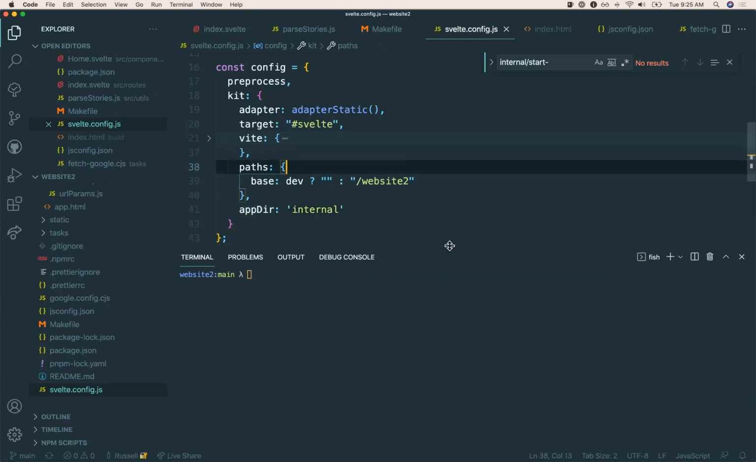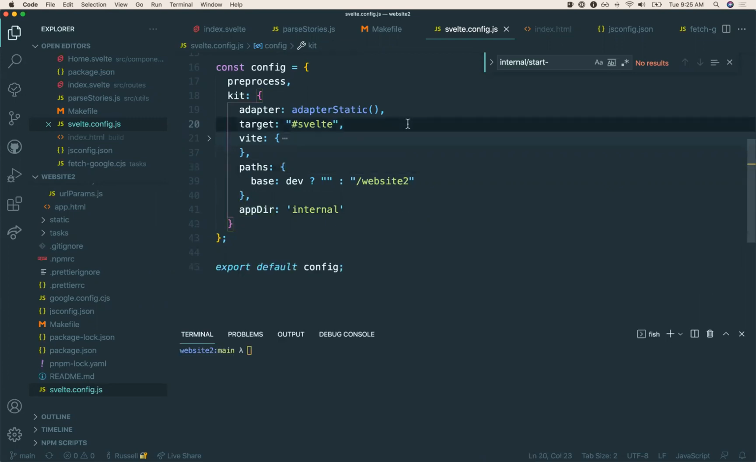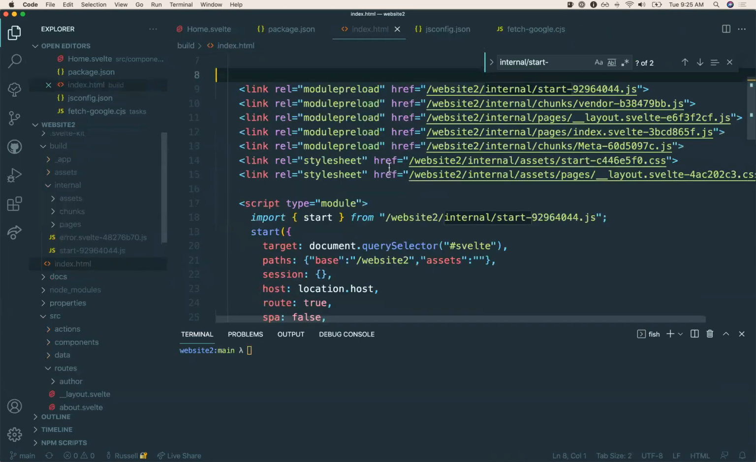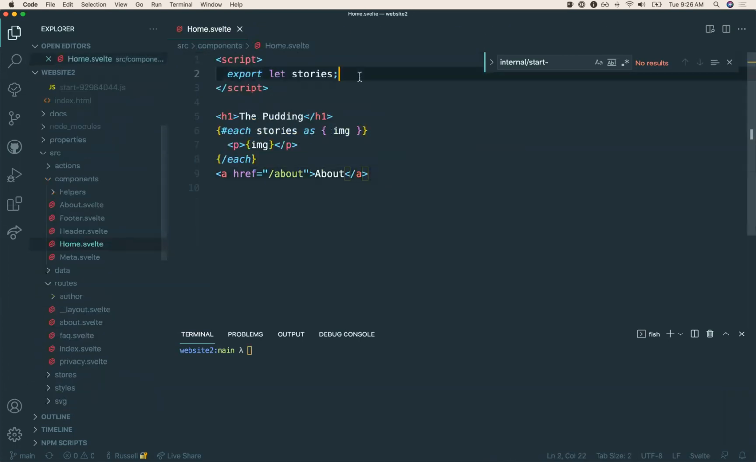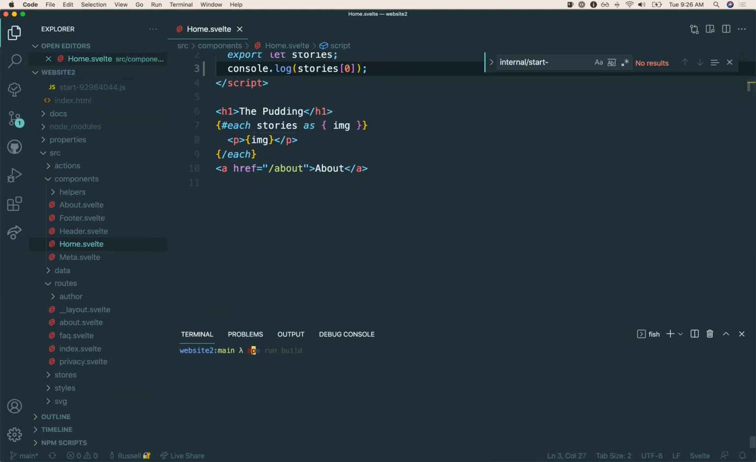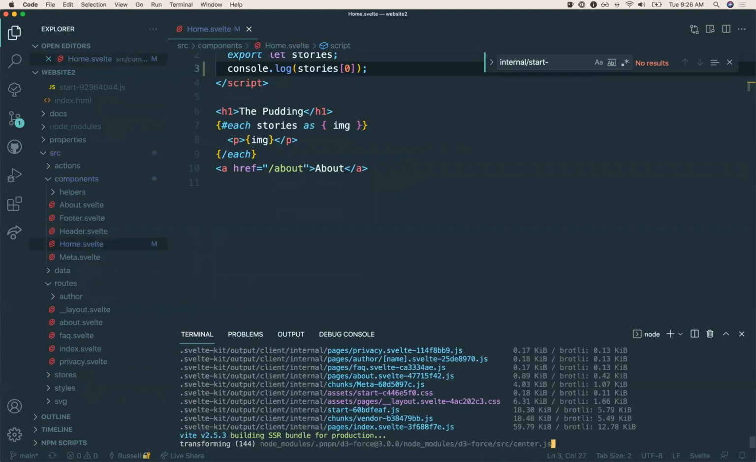We've gone down a rabbit hole. I don't even remember what we were looking at. I fully wanted to test the build. Oh yeah, so let's add back to home. Let's actually do something like console.log stories of 0. npm build. I hate seeing errors, so this is going to be frustrating, but